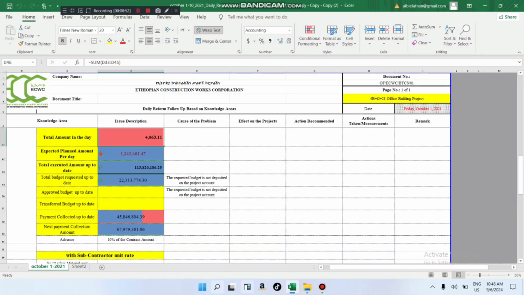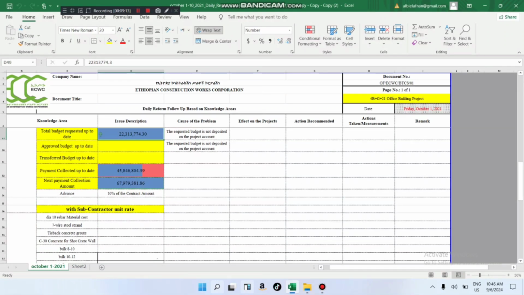Total executed amount up to date, from the starting date of the project till the present, this amount. The budget requested up to date. When you request a budget from the client, from the contractor,